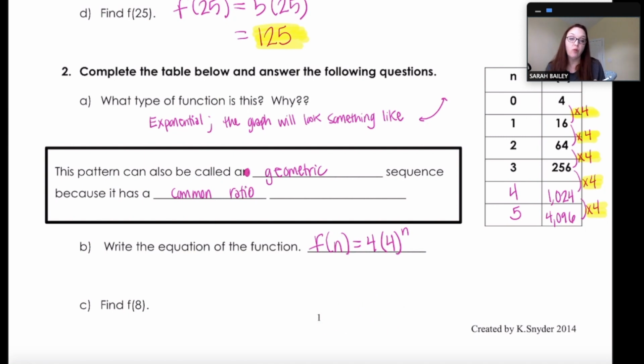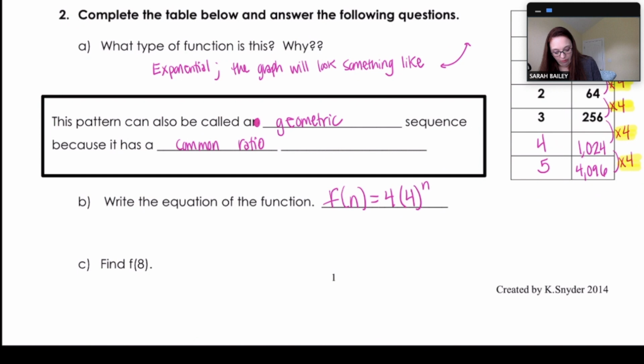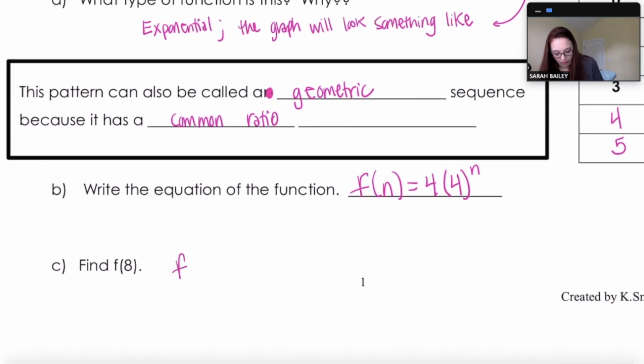So the first 4 is your y-intercept. The 4 that's carried to the power, that's your common ratio, okay? All right, let's find f of 8. So f of 8 is going to be equal to 4 times 4 to the